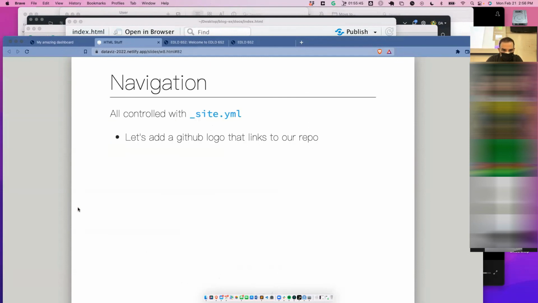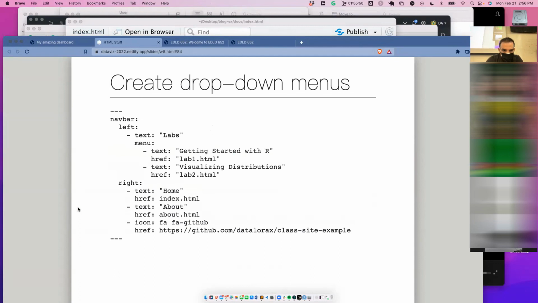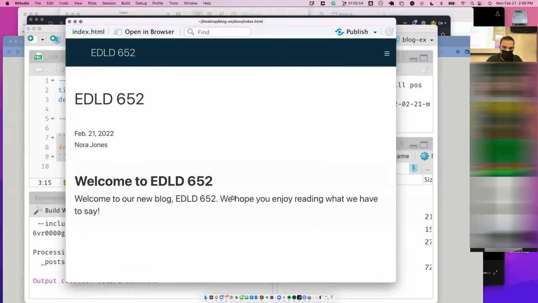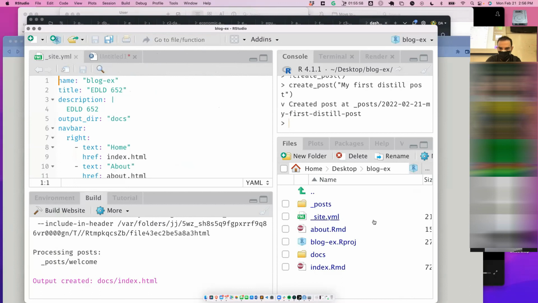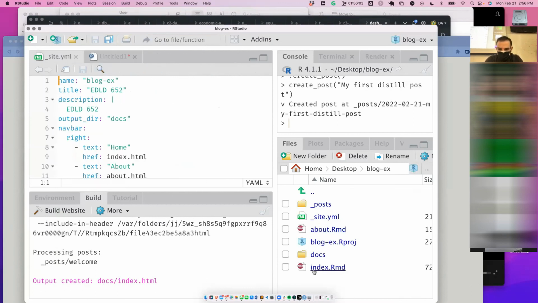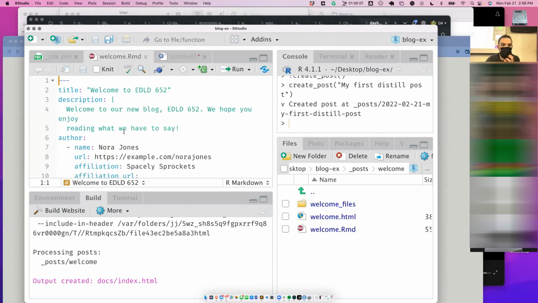Okay. Let's try to get that name fixed. So what I'm gonna do is let's go to the welcome one because I don't think it's on index. So we'll go to post, welcome, welcome.rmd. And then I'm gonna say my name is Daniel Anderson. My URL is